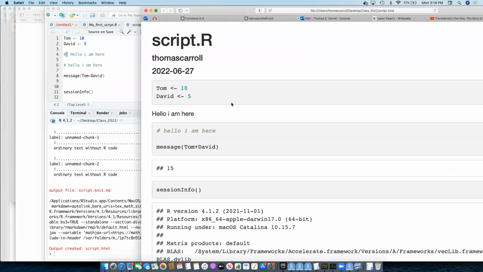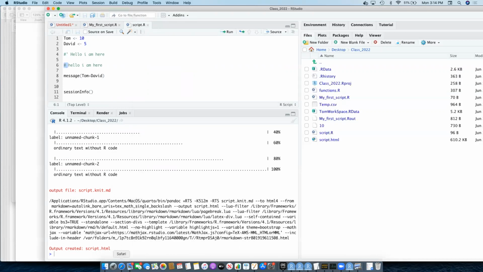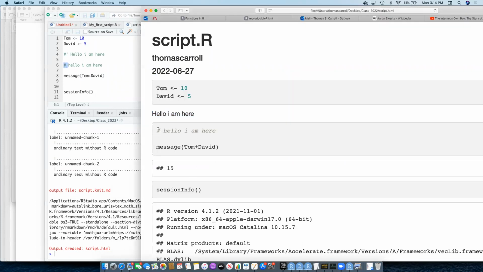If we look in the actual output HTML, you can see that got placed as a normal bit of text in the file, right? So the compiler knew, don't try and evaluate that. Don't leave it as a normal comment. Place it as text. The other line here where we had this just normal hash got put inside a standard kind of code chunk. That's what these are called, these kind of code chunks,